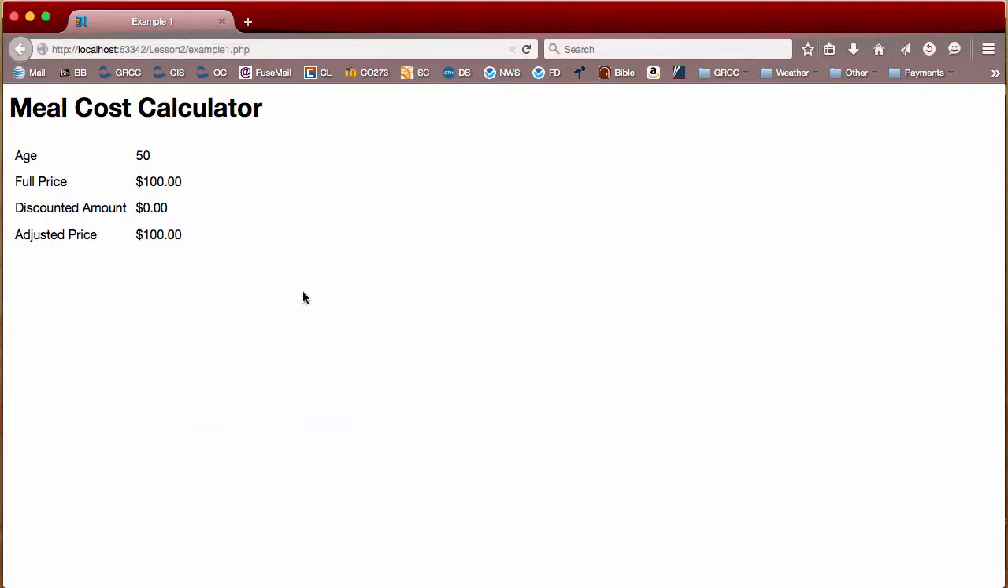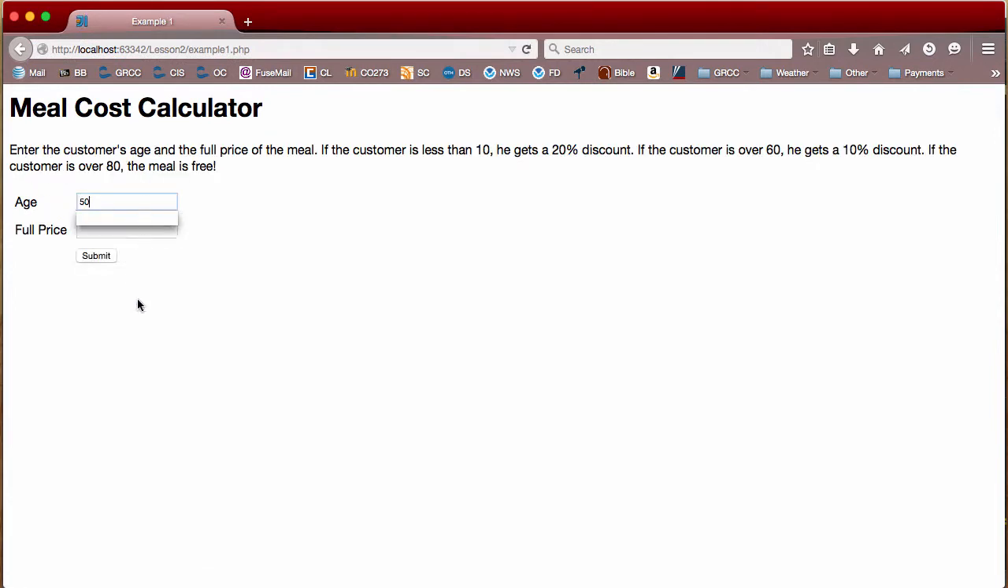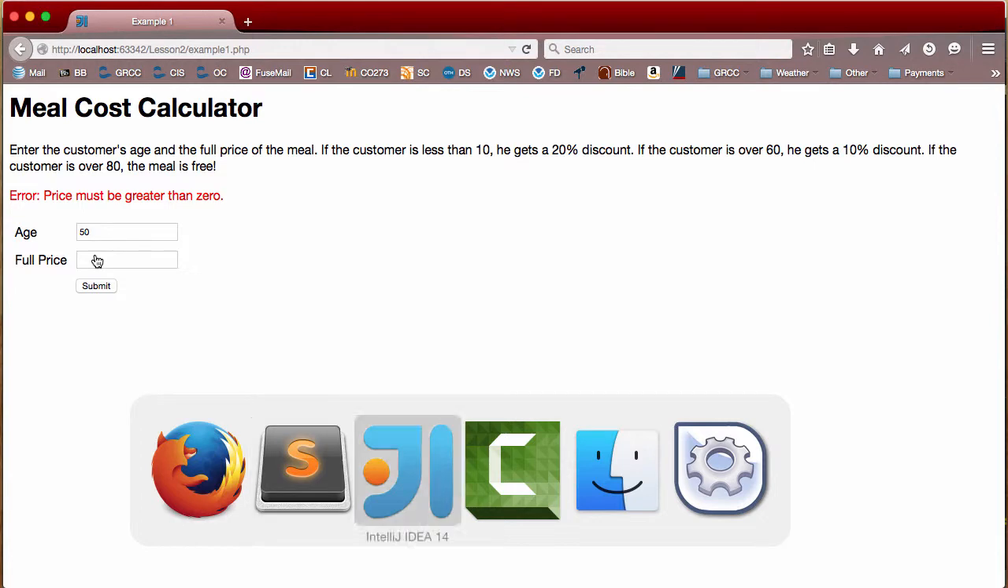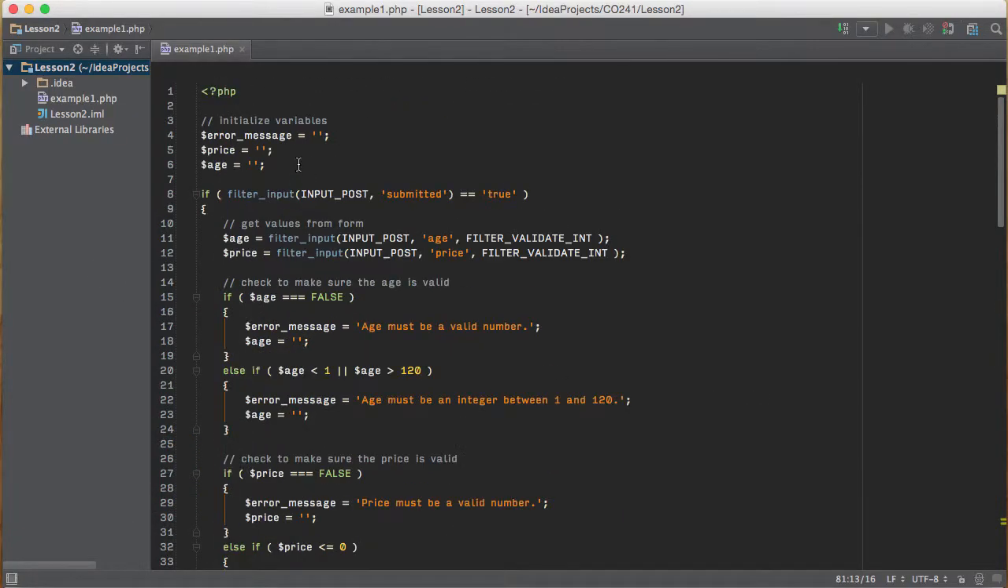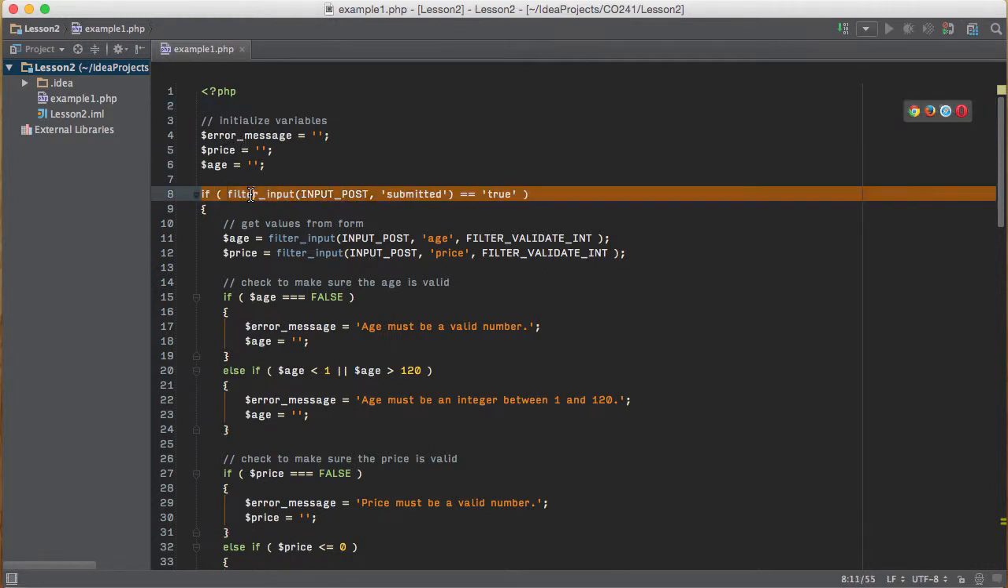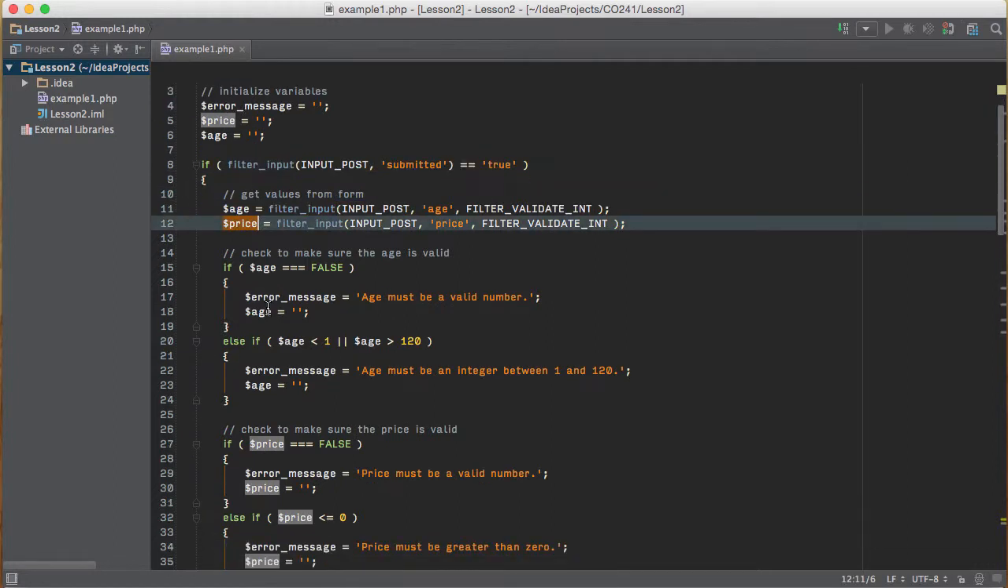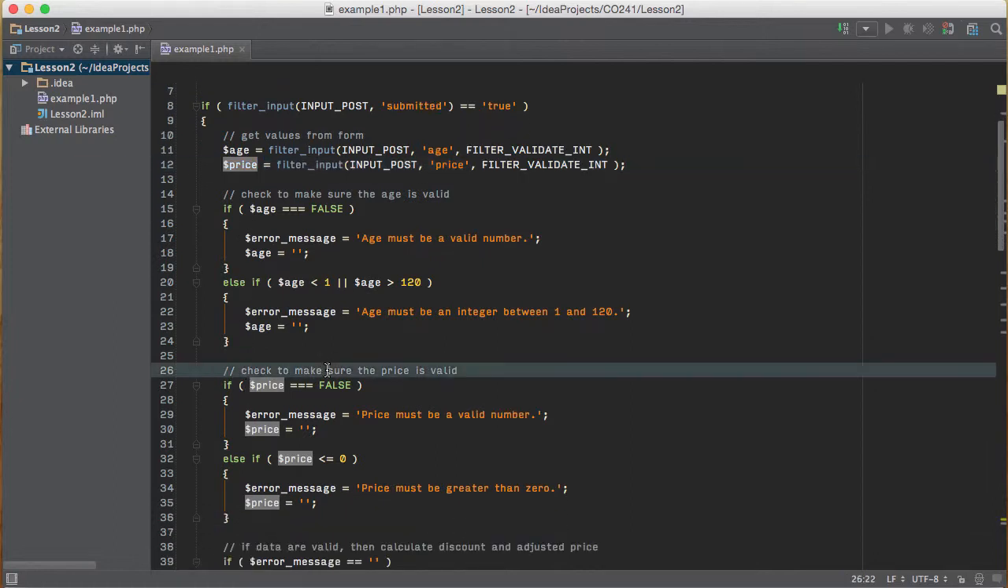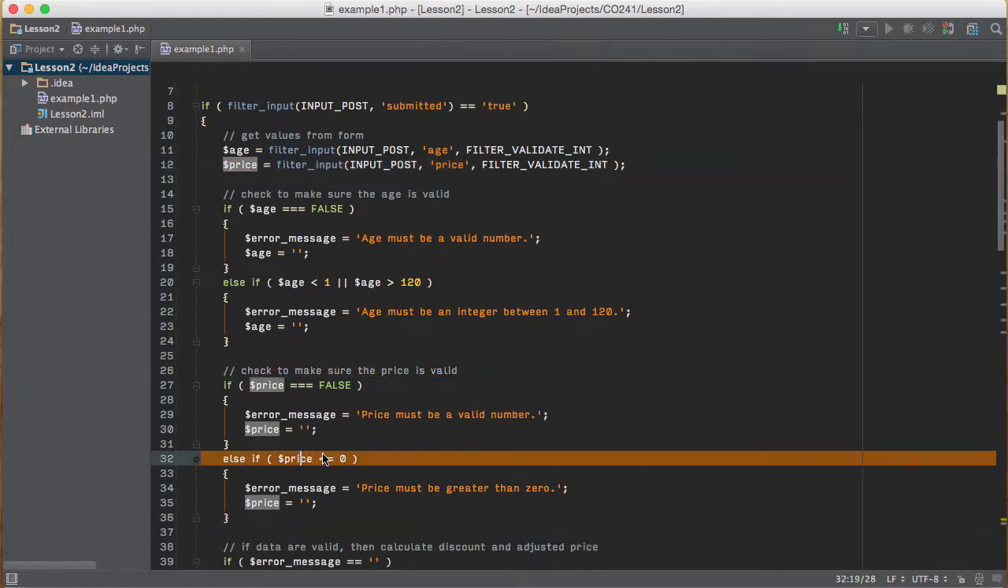The last scenario is if they come in and do something stupid. They put a good age, but they put a bad price, like -89. Hit submit. Notice you see a nice little error message in red. Age stays, price goes. And if I look at the code here, they come into the document with bad data. Strings get cleared, submit is true, get your values, age works, price does not,